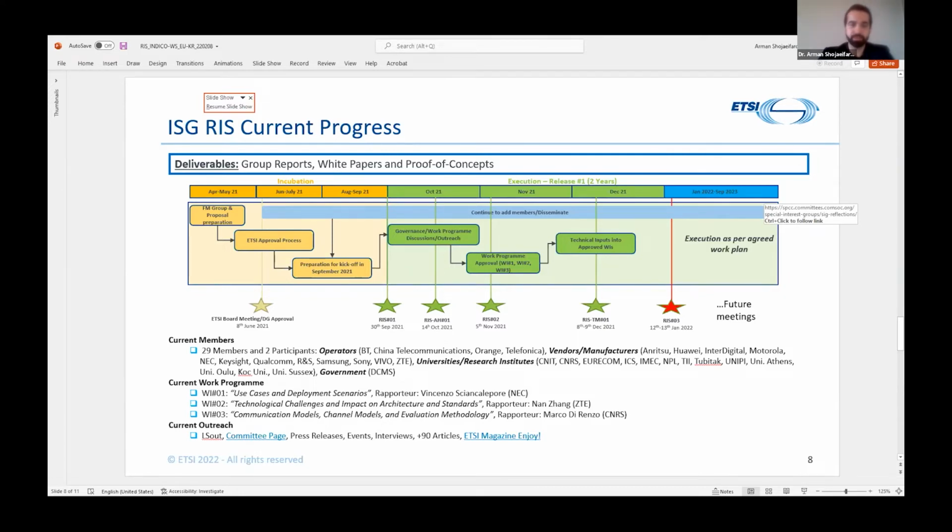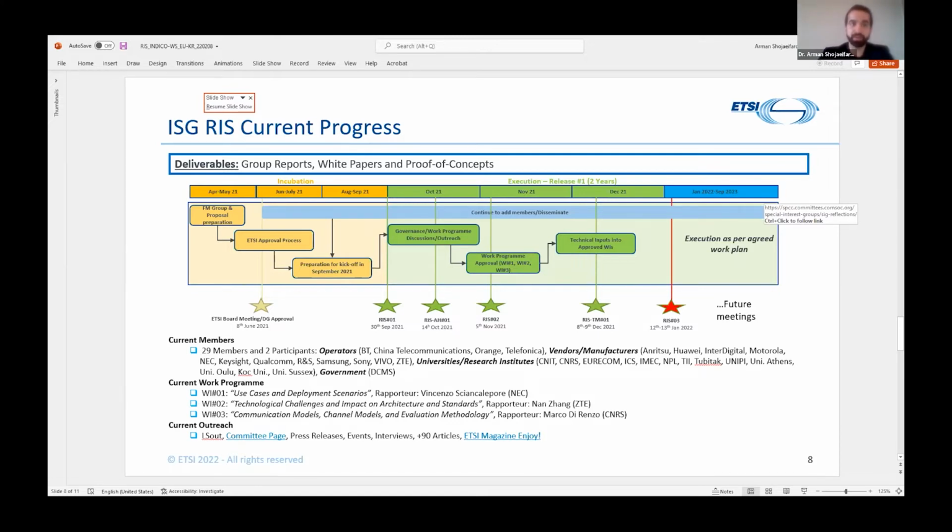The first quarter of the group saw the establishment of the work program, and that is divided into three work items. So one is on use cases and deployment scenarios to understand what are use cases where RIS is an attractive deployment solution. A work item 2 on technological challenges, for example, in the microelectronics domain, but also importantly, the potential impact on architecture and requirements as far as specifications are concerned.